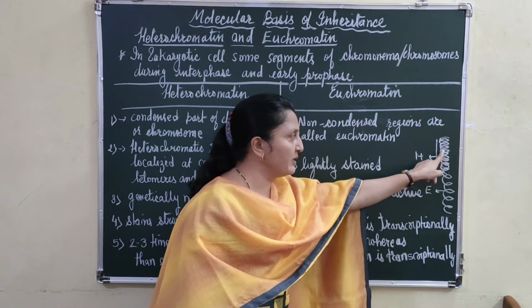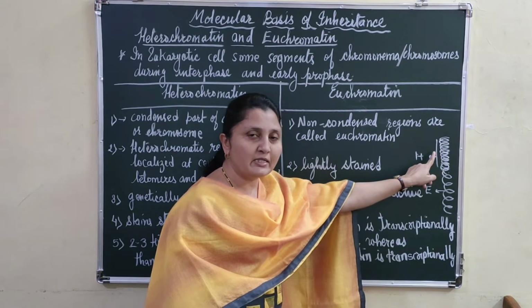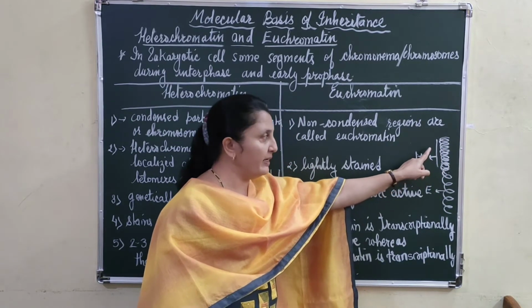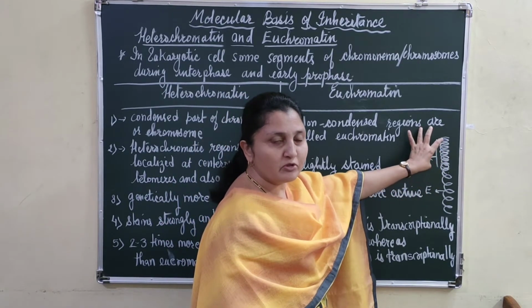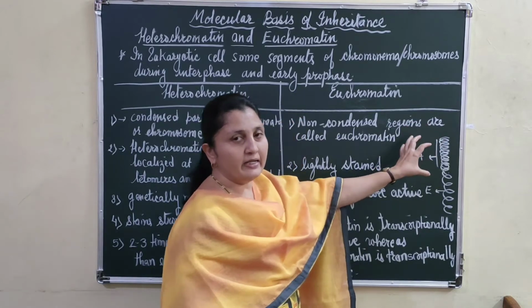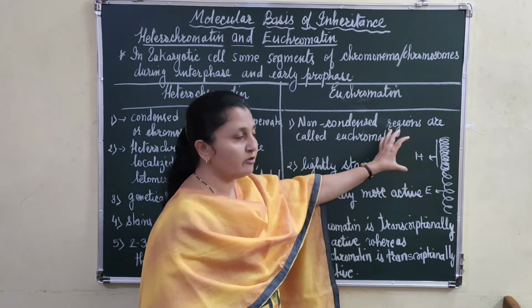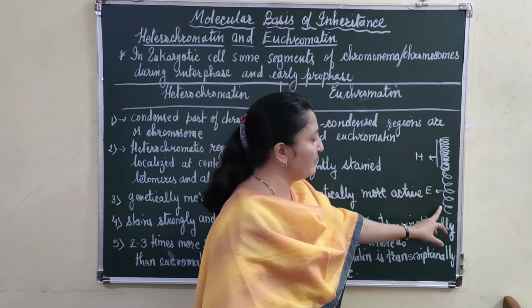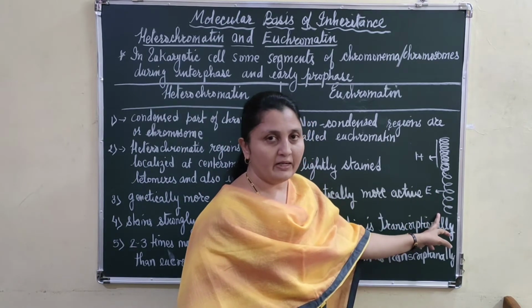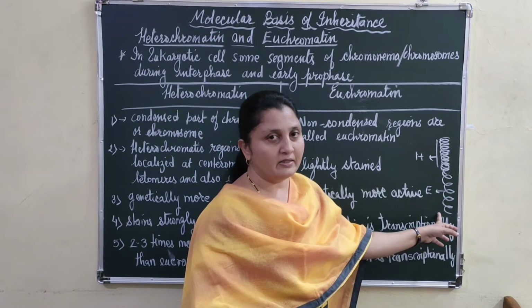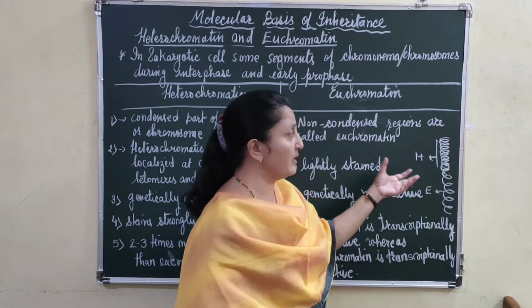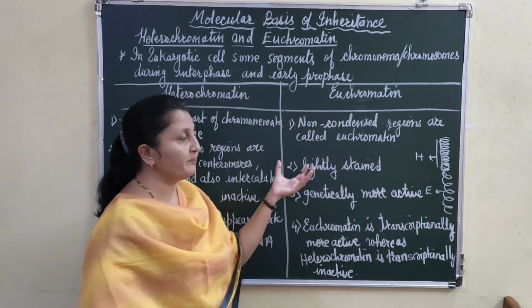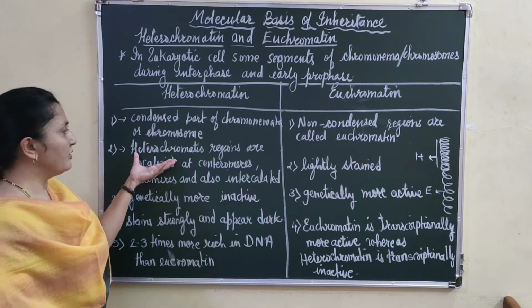So more condensed, you can see more coiling, and the coils are very close to each other, right? It appears that the coils are packed together, right? Such regions of the chromosome are called highly condensed regions, and that is called heterochromatin, whereas the part which is loosely condensed, where condensation is not seen, that loosely packed area of the chromosome is called the euchromatin region. Correct?